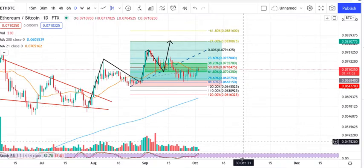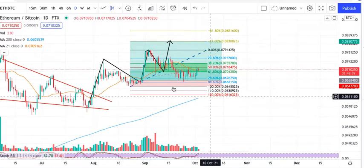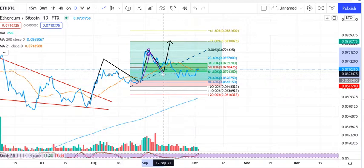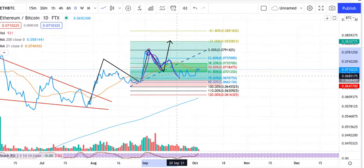Well, sorry, I'm trying to lock it, but I'll lock it later. Oh, there it is. Okay. How do we know we found support? Because look, this is what I was talking about when, if Bitcoin were to do this, okay? See how I made a new high here. This actually made a flag pattern here, but it was a fake out. See how it broke out? But it immediately fell down and made a new low,